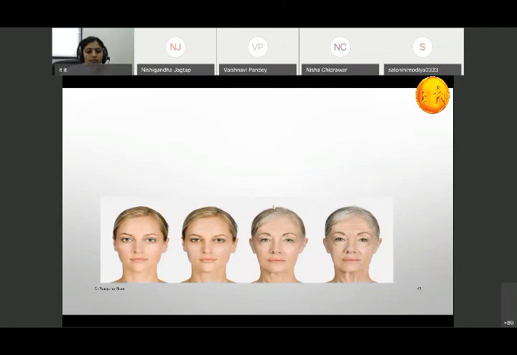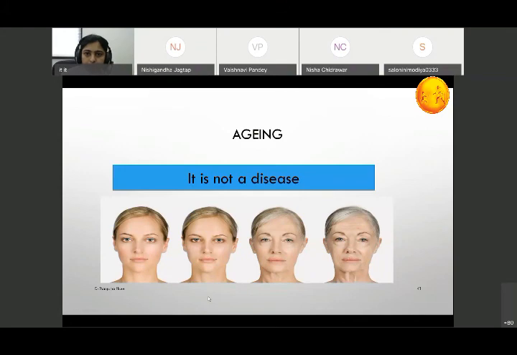Now here, with the help of a picture, you can recognize that this is a picture showing aging. Aging is a normal process which occurs in human life. As we grow, there is going to be aging, from childhood to old age. This is not a disorder. It is a normal human process which all humans are supposed to undergo. So this is also a result of oxidative stress, or you can say reactive oxygen species. This is a normal process occurring in our body.